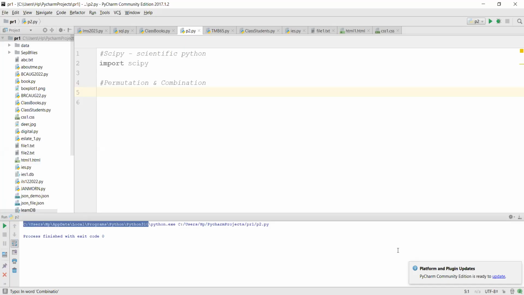Okay. So both are about choosing R things from given N things. In both cases there's one more similarity: replacement is not allowed by default. You can have a separate case, but the default case is